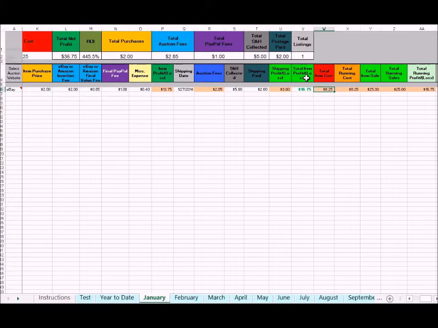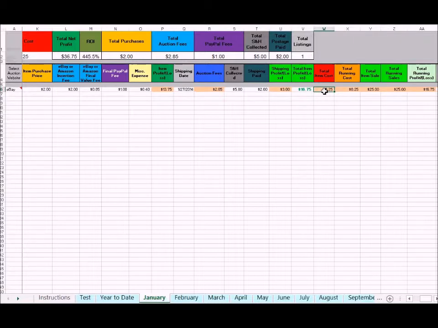Again, this is subtracting the expenses from the sale price. This is the total cost of the item, which is basically the sum of all of the item purchase price plus all of the costs associated with it, like the fees paid and the shipping and all of what we've